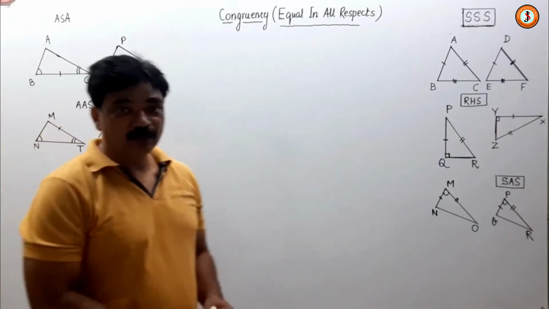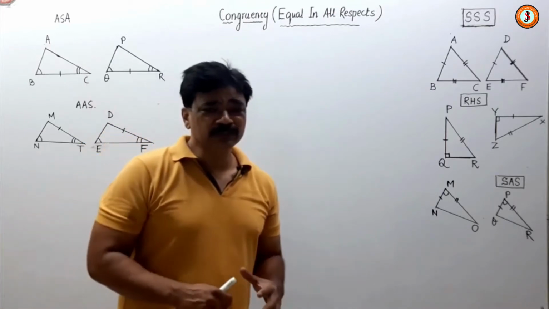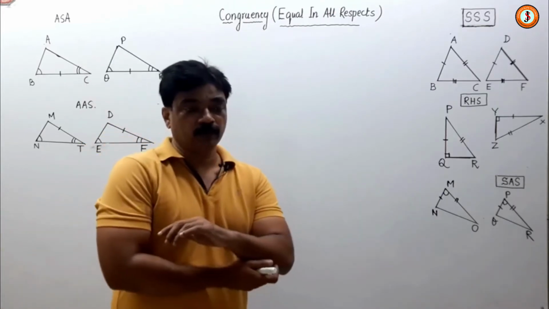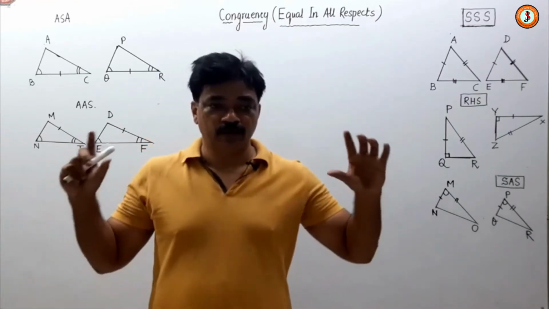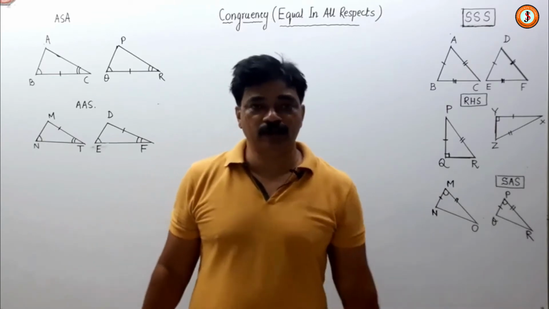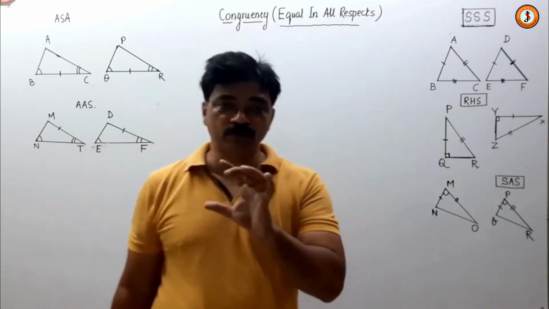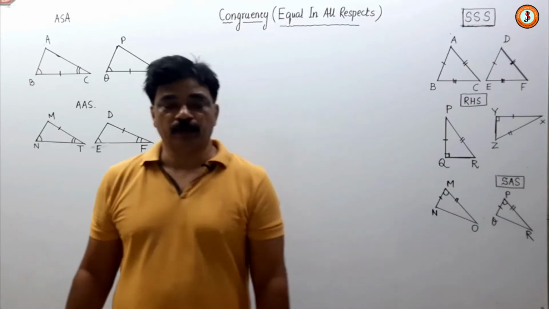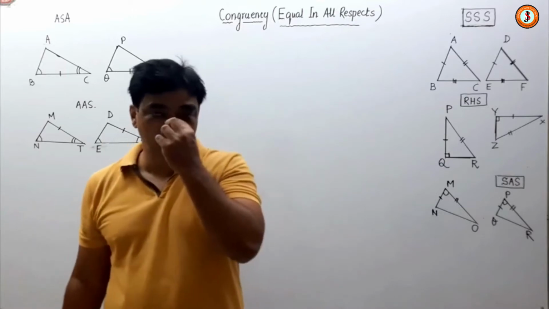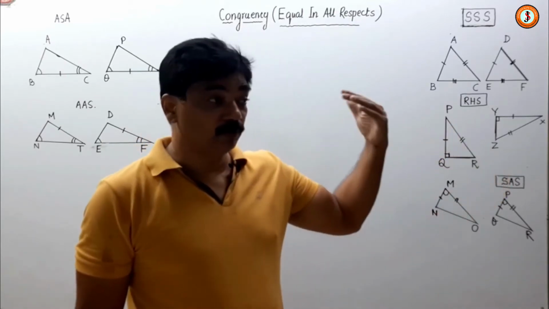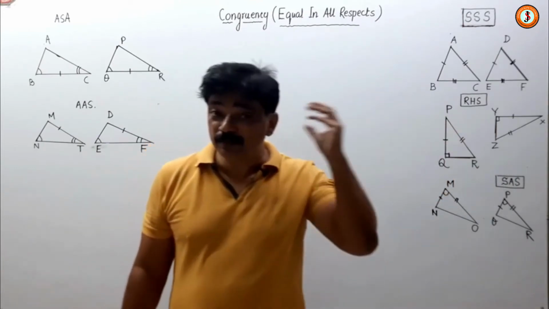Dear children, now we are into a very important chapter of congruency in geometry. Congruency means equal in all respect. Suppose I take two photographs of mine taken by the same mobile and same sized photographs. If I take passport size, all of my passport size photographs will be congruent. Then the corresponding part is very important: the size of my nose in one photograph will be equal to the size of my nose in the other photograph. That means nose will correspond to nose, ear will correspond to ears.